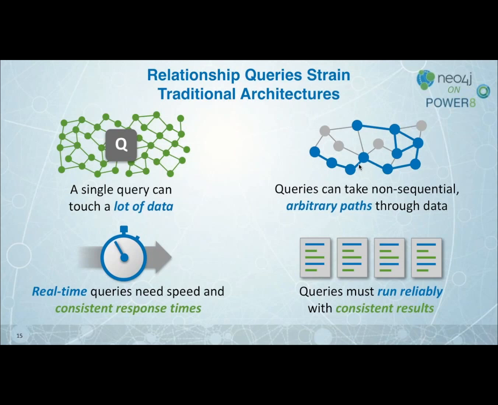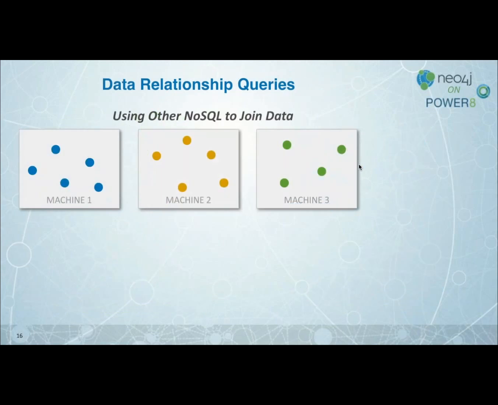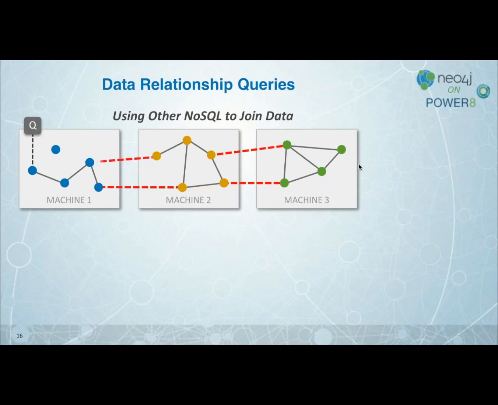If I look at traditional architectures and how they measure up, and I guess the bottom right is more meant to reflect not the traditional stuff, but some of the newer things, you'll see the challenges. And so if I drill down into performance, you look at a typical query. If I'm going to program my NoSQL database, say a document database, to run a data relationship query, you'll end up doing lots of hops over the network,